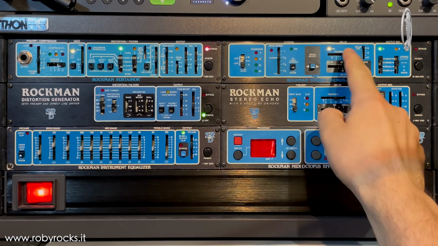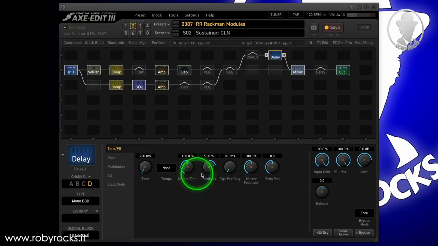Of course, we can modify the feedback and delay volume parameters by acting on master feedback and level control.